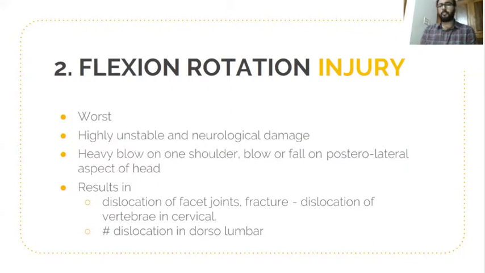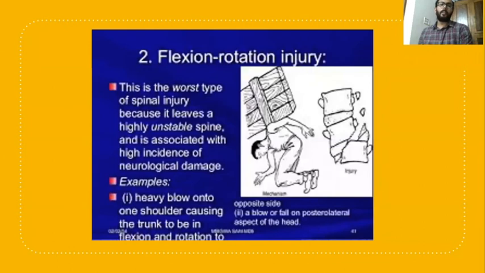And that is about flexion rotation injury, which is the worst injury. How the injury occurred, I already explained. How the injury occurred, what will occur, due to this particular injury this will happen, and the prognosis is like this. It's the basic thing which we are discussing in this particular video. This is flexion rotation injury, fall of a particular object on one shoulder, which causes rotation with flexion,